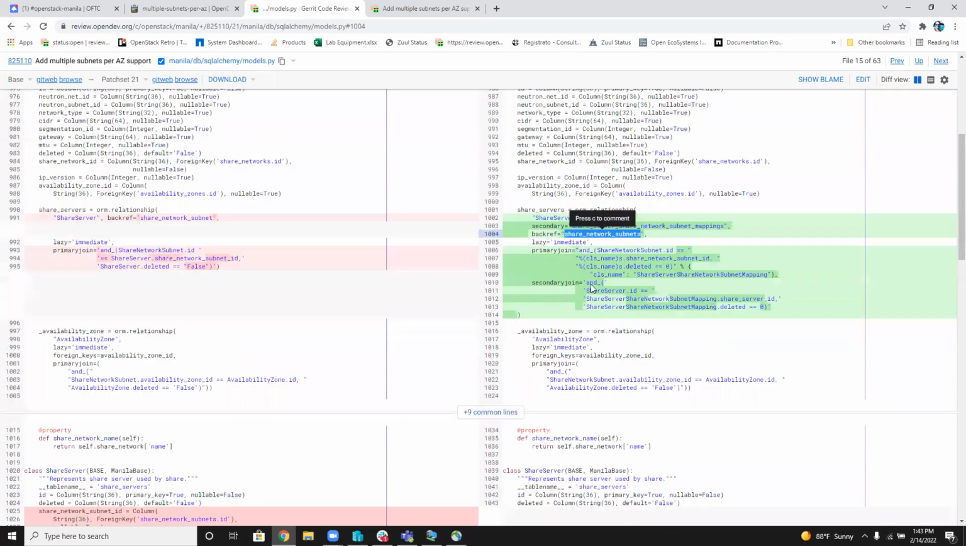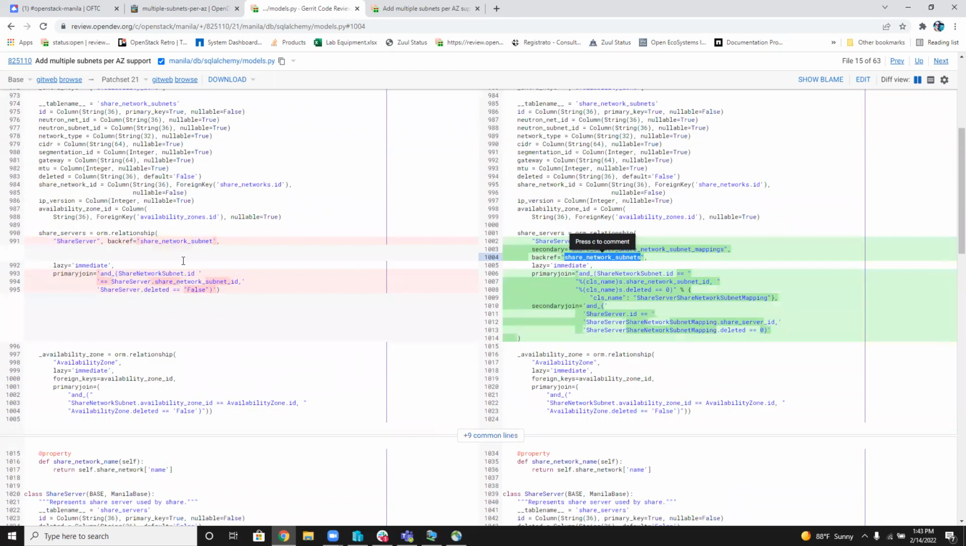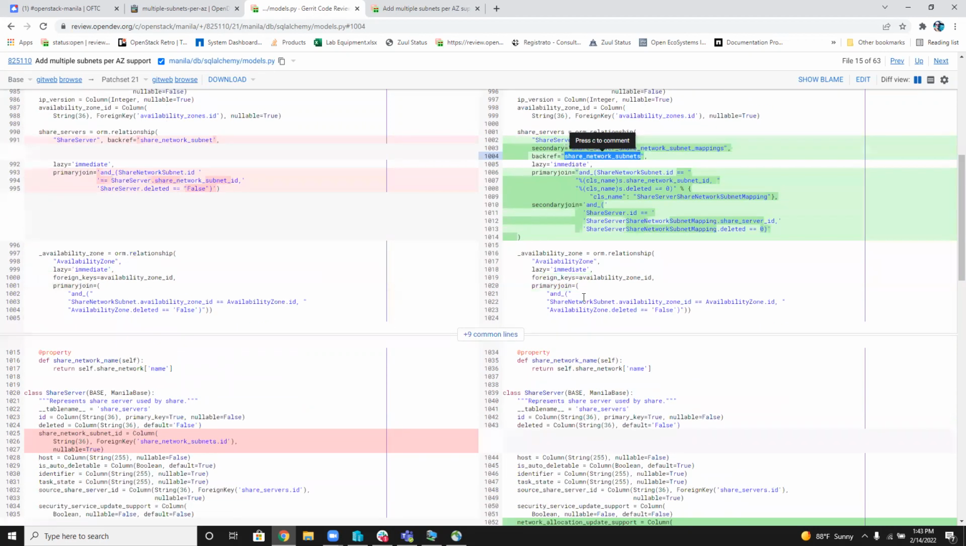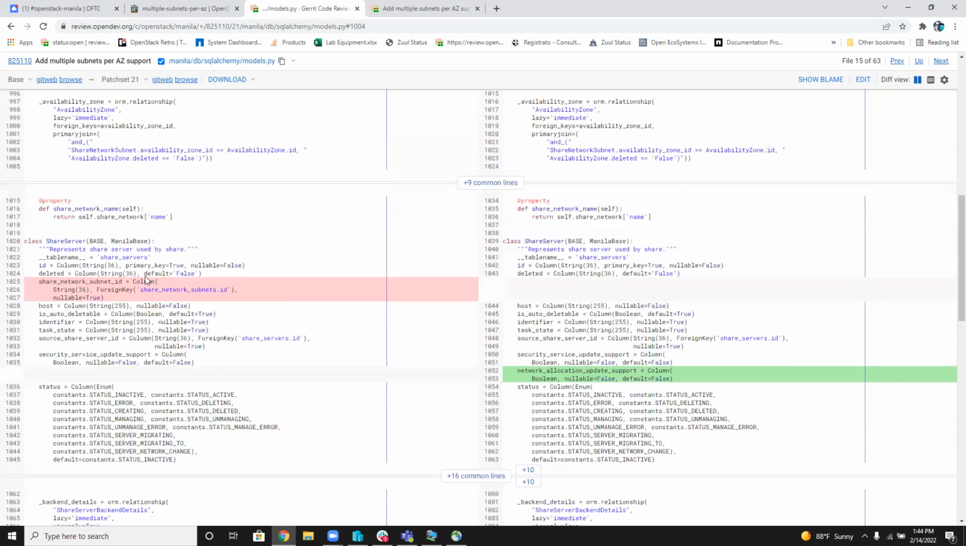And it will impact the code a lot, because all references trying to access this will fail. So I already addressed this. I need to access this new name when you're accessing share network subnet using share server. On the share server side, I dropped this column, share network subnet ID,